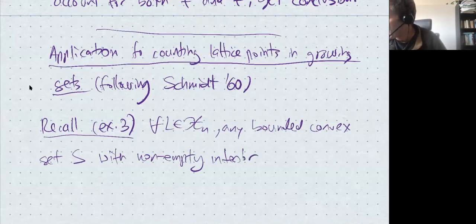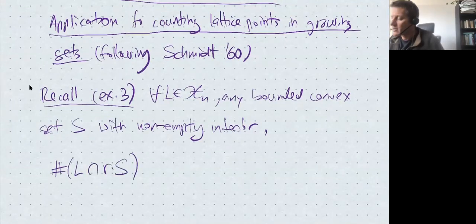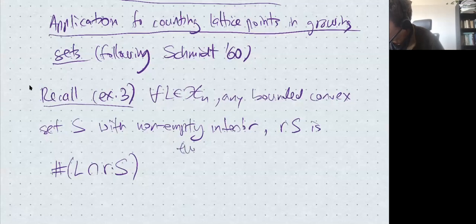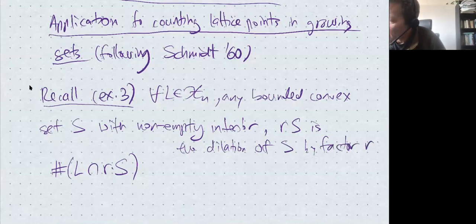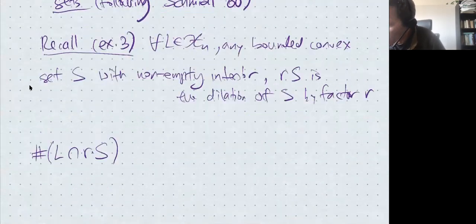And we're trying to count the number of elements that the lattice has within R times S. R is the parameter. R times S is the dilation of S by factor R. And in the exercise sheet, you were asked to prove, and this is not very hard,